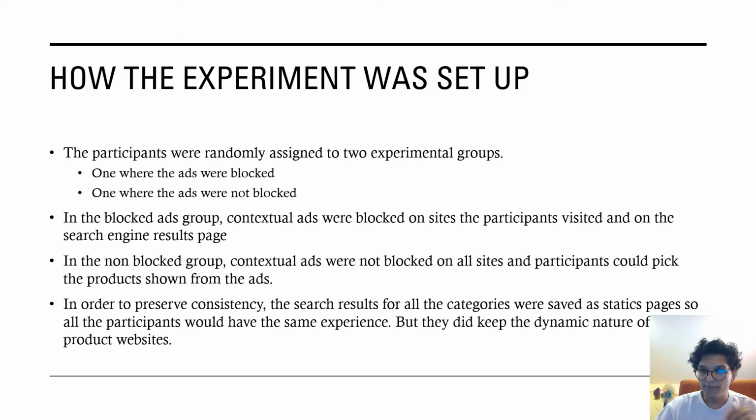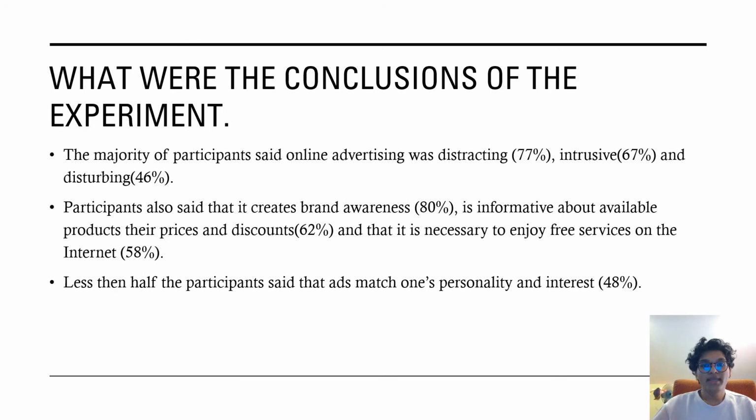consistency really good. What were the conclusions of the experiment? The majority of the participants said online advertisement was distracting, intrusive, and disturbing. 77% said distracting, 67% said intrusive, and 46% said disturbing. Distracting and intrusive had really big numbers of participants agreeing, because when the study was done, participants just had a bunch of ads and they saw that and they were like, this is not useful for